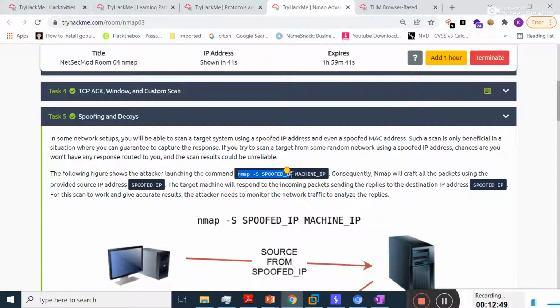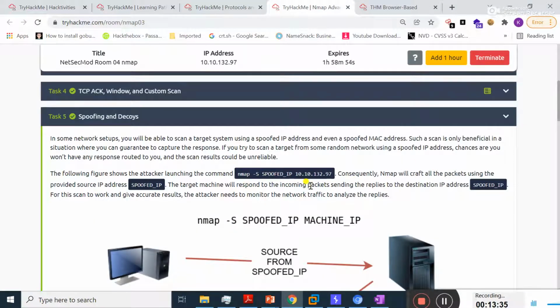The syntax is this one: nmap -S, the spoofed IP, and then your victim IP address. I'm going to show you how you can actually use this. You can simply type here the spoofed IP, something like 10.10.190.80, and then the victim IP, 198.168.18.45.